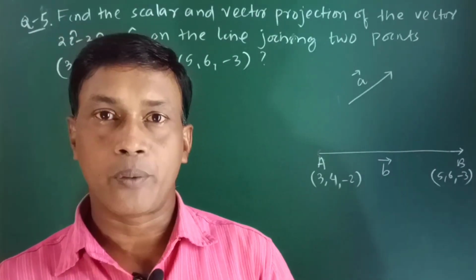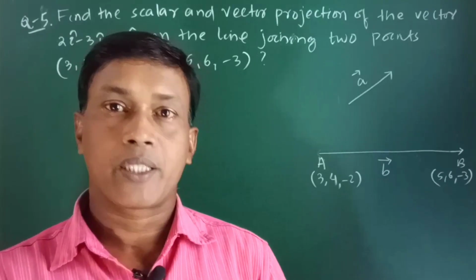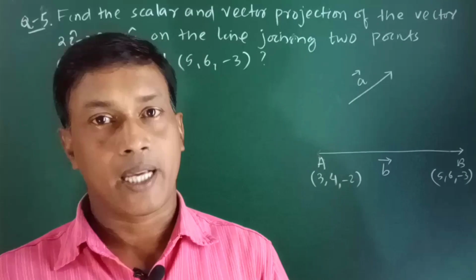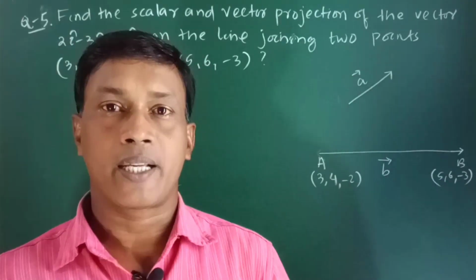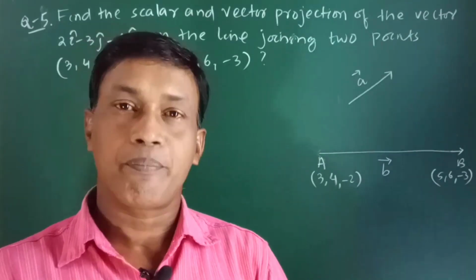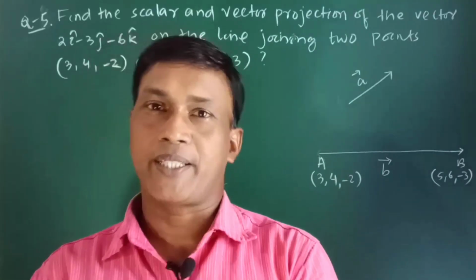और एक बार बता देता हूँ कि क्वेश्चन में अगर दिया गया है स्केलर प्रोजेक्शन एंड वेक्टर प्रोजेक्शन निकालो, तो तुमको टू प्रोजेक्शंस निकालना है, स्केलर प्रोजेक्शन एंड वेक्टर प्रोजेक्शन. अगर कुछ भी मेंशन नहीं किया गया है कि सिंपली क्वेश्चन पूछा गया है फाइंड द प्रोजेक्शन, देन फाइंड ओनली स्केलर प्रोजेक्शन, बिकॉज प्रोजेक्शन मीन्स स्केलर प्रोजेक्शन.